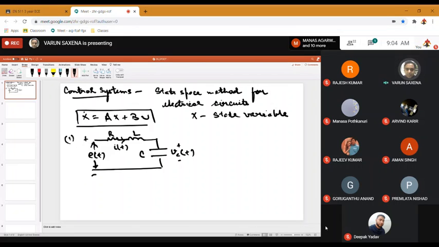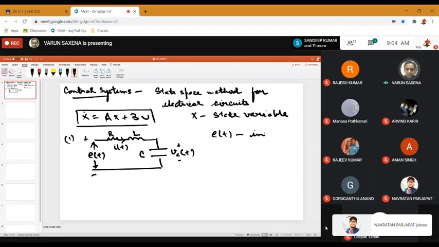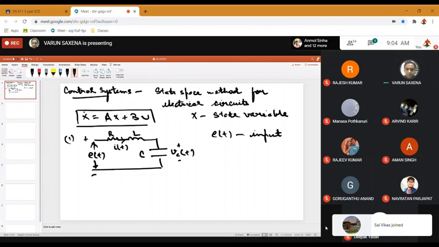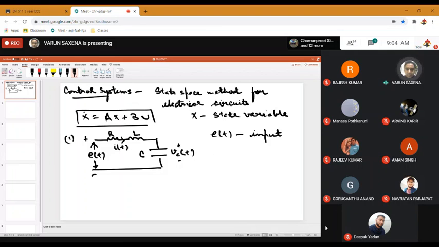Now, as far as this problem is concerned, e(t) is your input because that is what is driving the circuit. Of course, an RLC circuit does not really require an input if it is initially with some conditions. So if a capacitor is already charged, you really don't need a voltage and the current will start to decay in some manner. But over here in this problem, we have a voltage e(t), which is the input given to this circuit. So one thing is decided that your input is this. So there is one input which will work as the u in the problem.